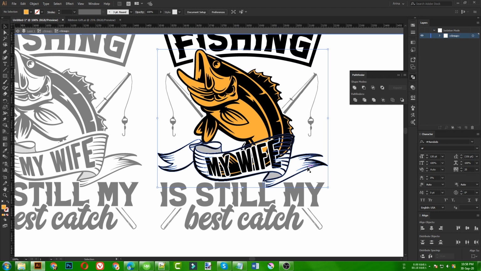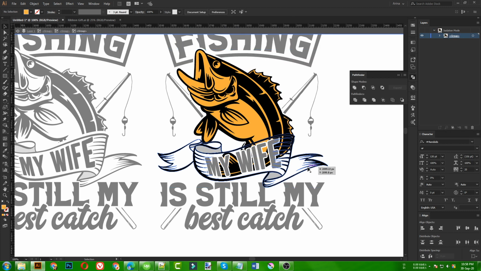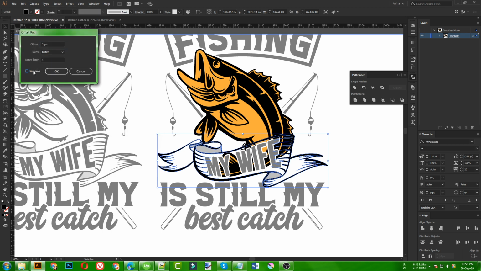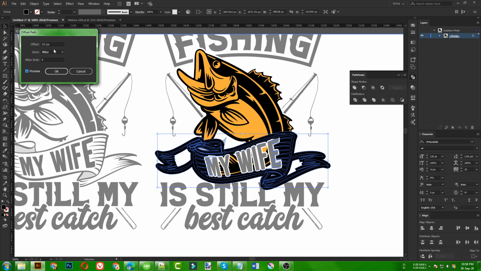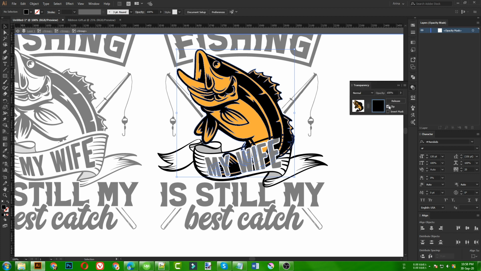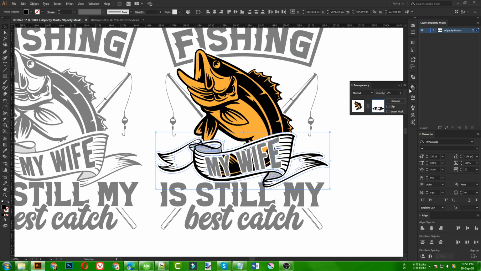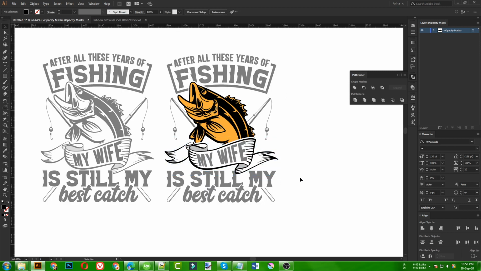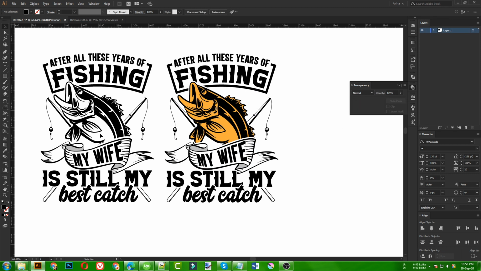By selecting this ribbon and text group here, we just make another offset path for that. Not 5 pixel, there was 10 pixel, or maybe lower, just like this. Then cut, select my fishing group here, open the transparency, paste in front, and then again merge unite. As you can see, this is the easiest way to add some colors inside our designs. And that would not be possible if I just erased this part from here. So once this is now